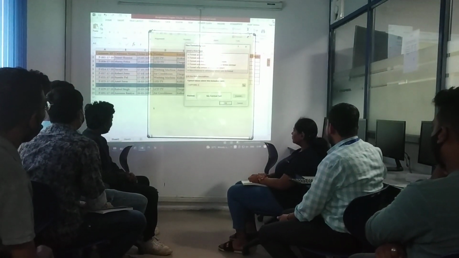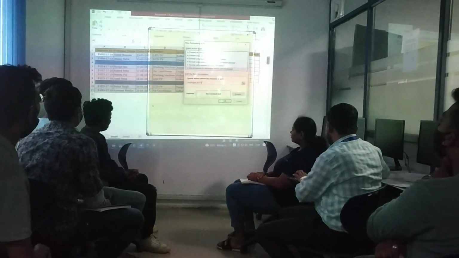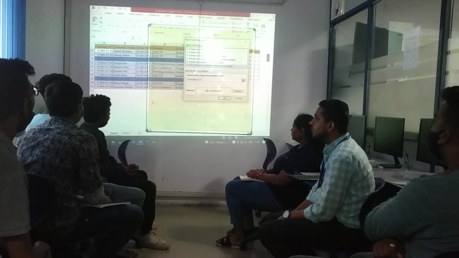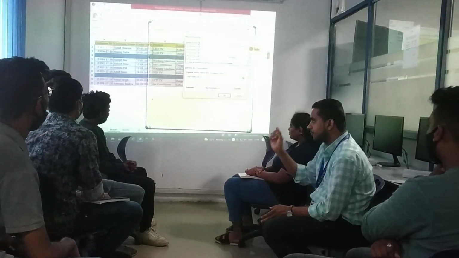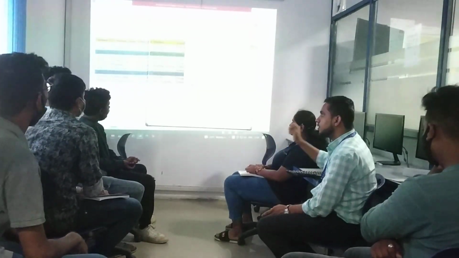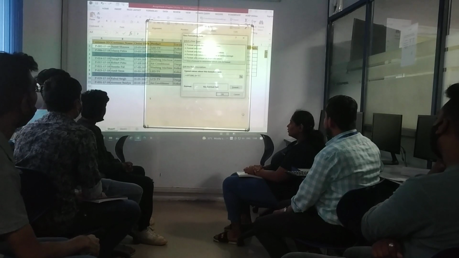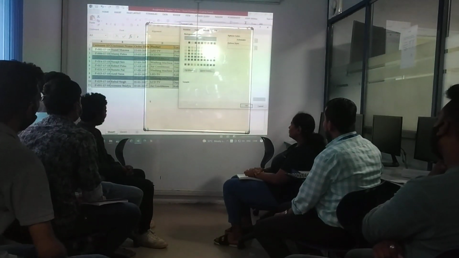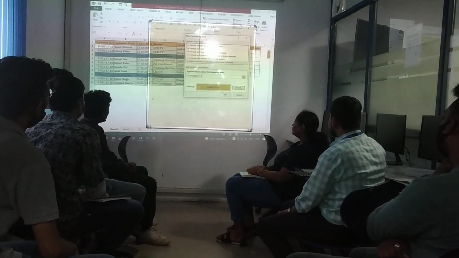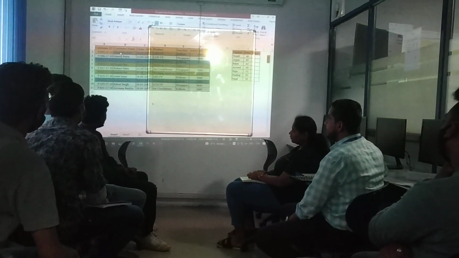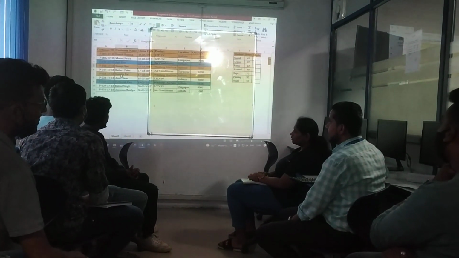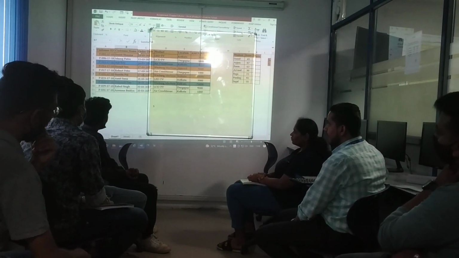Bracket close. The first character we have to highlight if it is S. So this is the formula: LEFT is equal to S. If the first character is S, it should highlight in this color. So you can see Sumit Sharma, Surajit Sen and Sumit Sharma are highlighted.